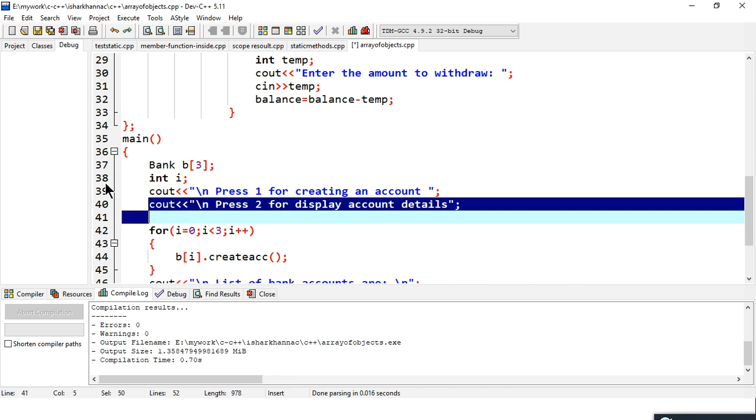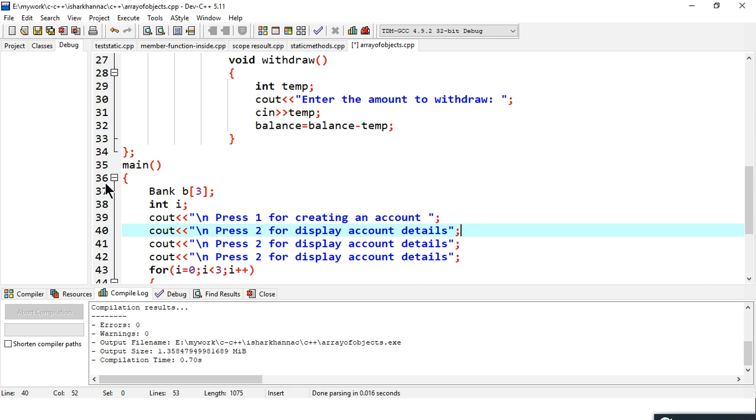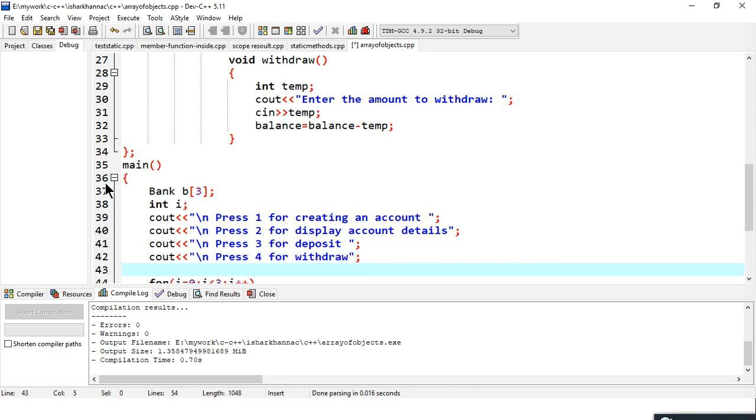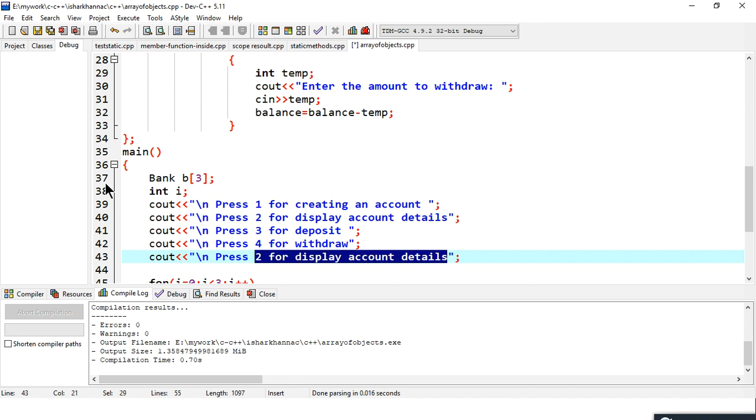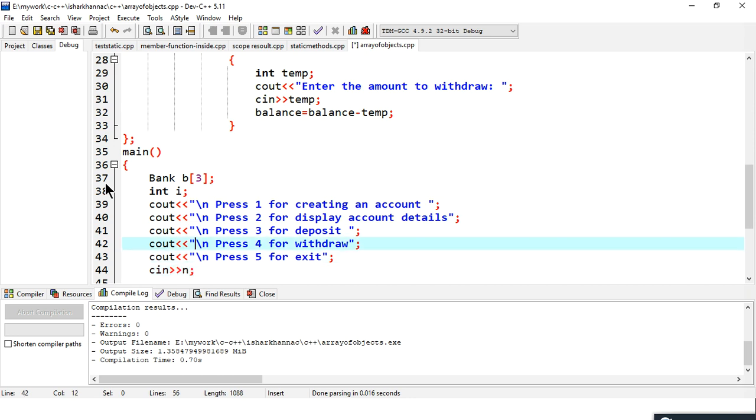Sorry. I'll copy this and I'll say press 3 for deposit, and press 4 for withdraw, and I'll create another cout. I'll say press 5 for exit. I'll read it inside an n variable, so I have to declare an n here, and we'll use the switch